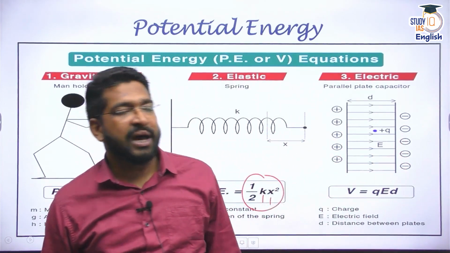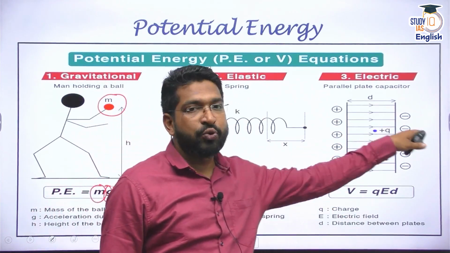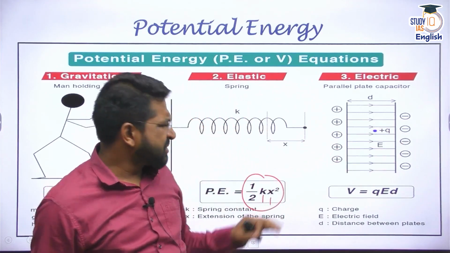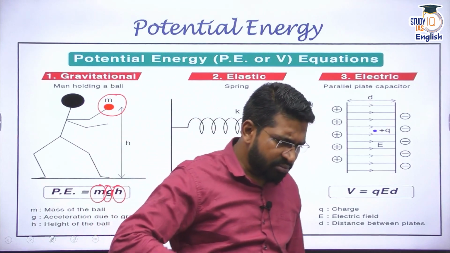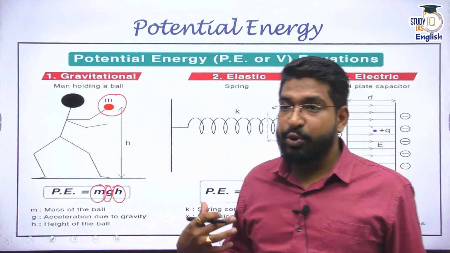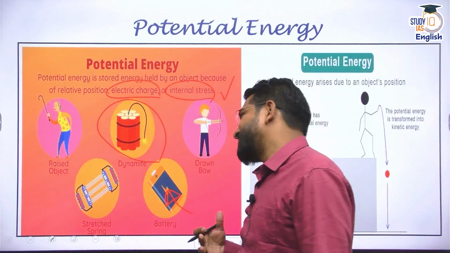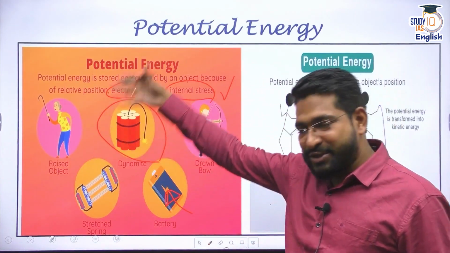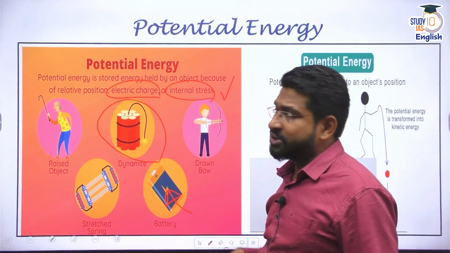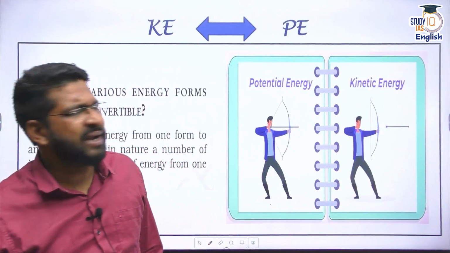Similarly, if there is an electric charge, then the potential energy of the electric charge would be the charge times the electric field times the distance from which the charge is moving from one spot to another spot. There is no need to mug up these formulae, but I want you to understand that potential energy, generally we have a misconception from our school days, where we simply talk about something at height. Yes, of course, because of relative position, a raised object has potential energy, and its potential energy will increase. Other things are electric charge, internal stresses, etc. as well, right? So these are the basic categories of potential energy and kinetic energy.